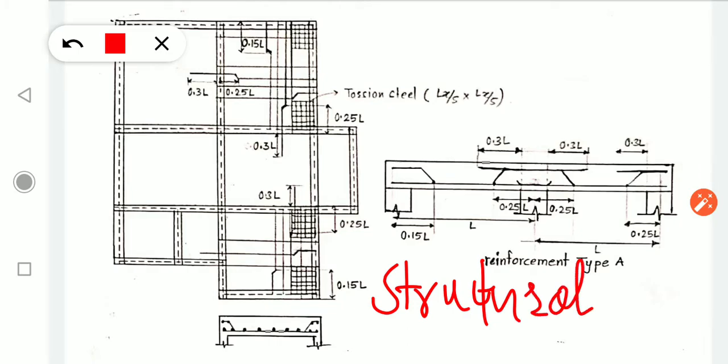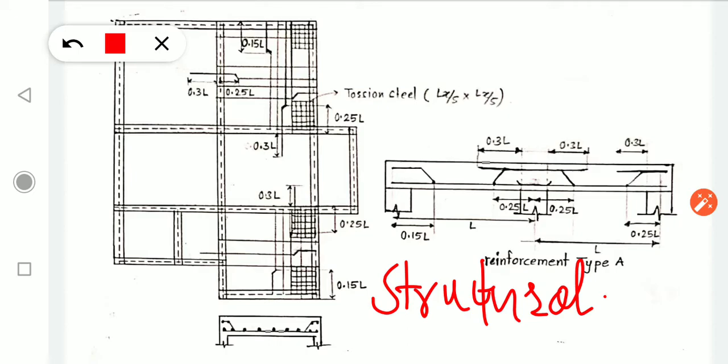and it gives us the alignment and position of columns, beams and footing details, right? Footing details are not added into the structural plan, but yes, slab, column and beam details are mentioned in the structural plan, and we get a layout of all those things from it. I have explained it in the previous class. Now let's see if we want to give a detailing of reinforcement for this complete plan, how to place it in the actual site.